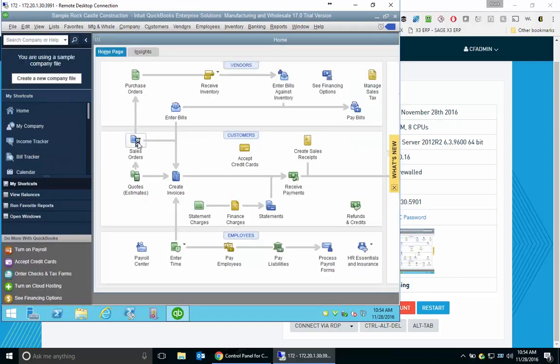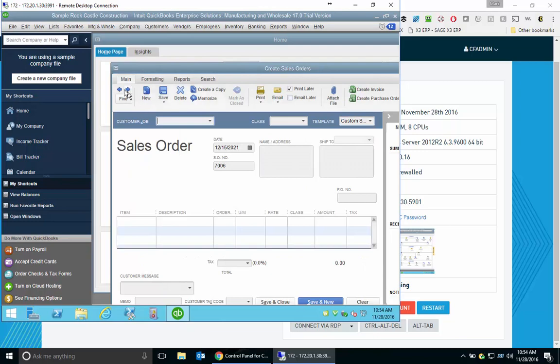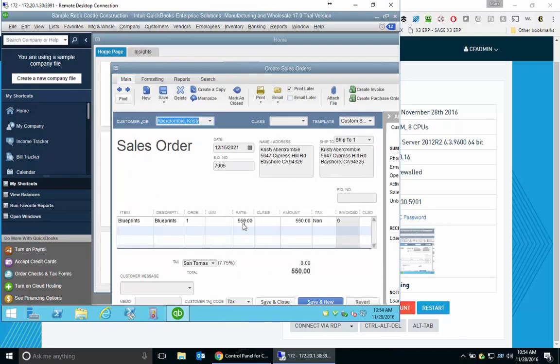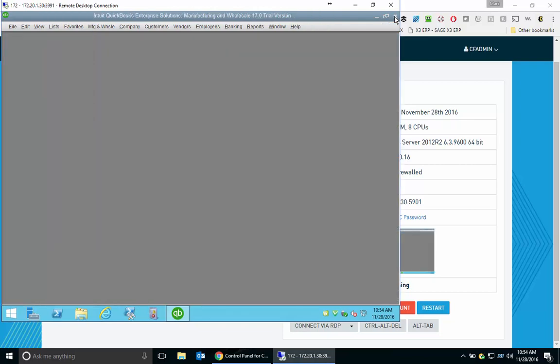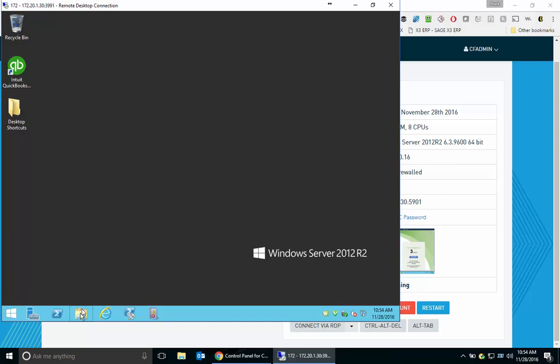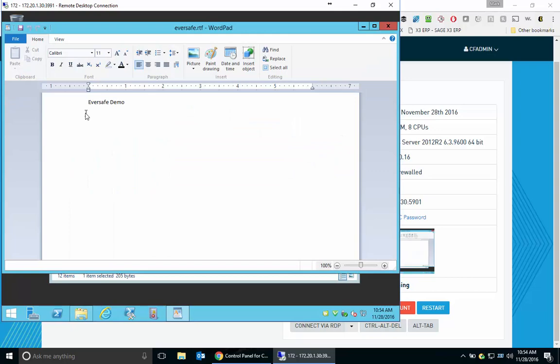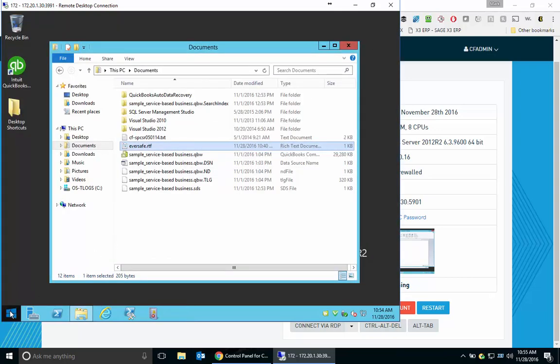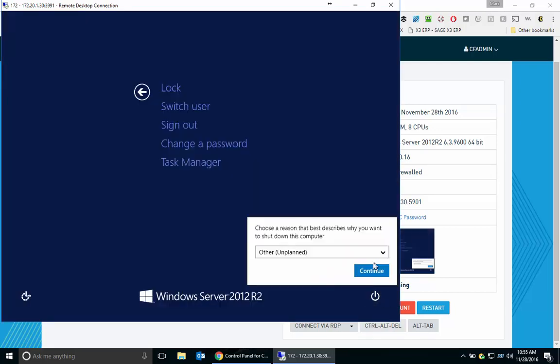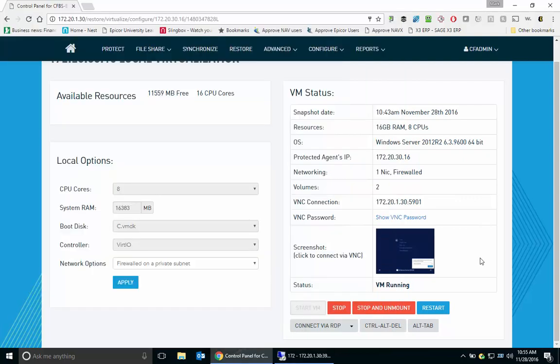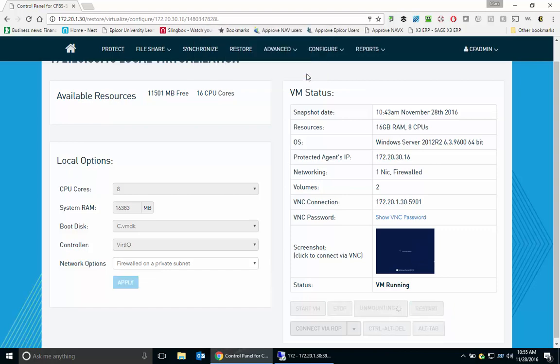And if we go into sales orders here, and we look at our last sales order, you'll see there is our blueprint record we had added from our live server. So let's go ahead and close QuickBooks. And we'll just go to our My Documents folder. And you'll see that WordPad document is there as well. So we'll go ahead and shut down this server here. We'll go back to our EverSafe device and we'll just stop and unmount this as if we never ran that